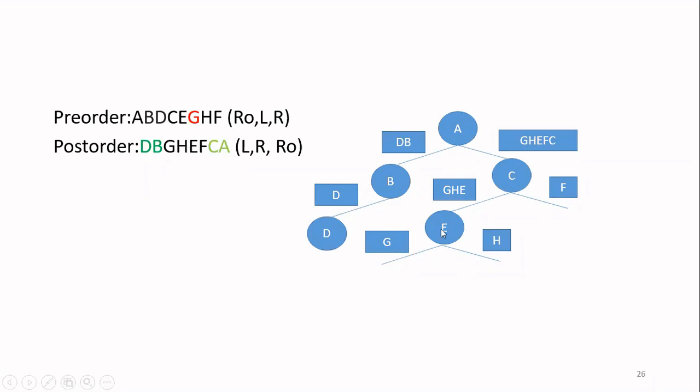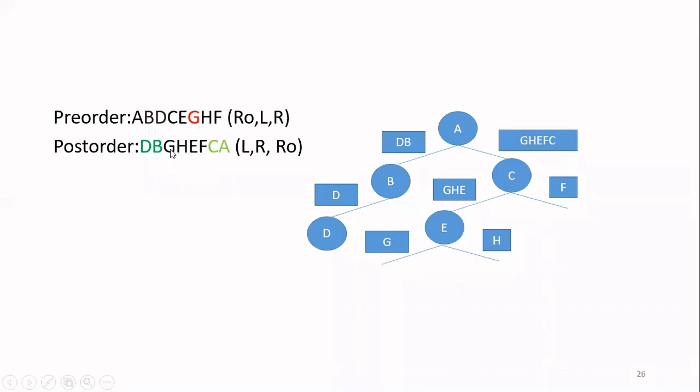We have identified E as the successor. So now whichever is appearing before this successor, from this node, we have identified E as a root node. Okay. So E is the root node. For this, we have to find out the right and the left. So for that, first we identify the successor, that is G. Then whichever is coming to the left till G, that is the left child. So we have finished this G.